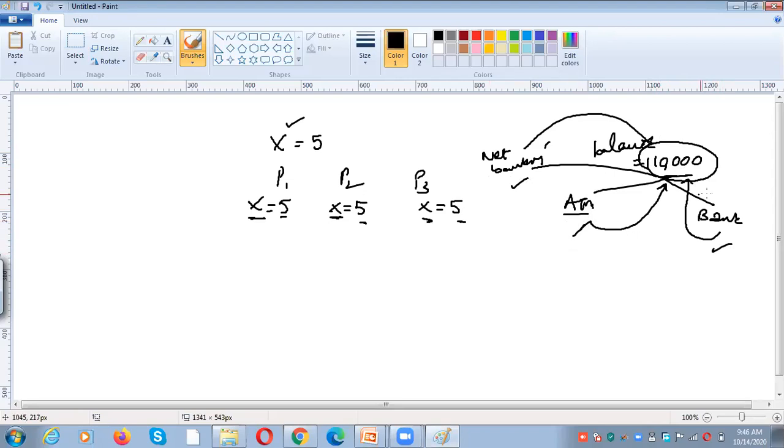If you deposit something, for example 2,000 rupees, automatically the account amount will become 12,000. Immediately it will be reflected at the ATM and in net banking. Here also it needs to show the balance amount 12,000, here also 12,000, and here also 12,000. Whenever you perform operations on shared data, the data must be the same for all the processes. That is what I want to emphasize.